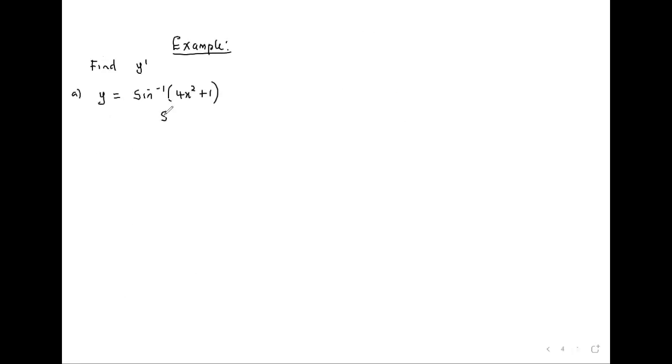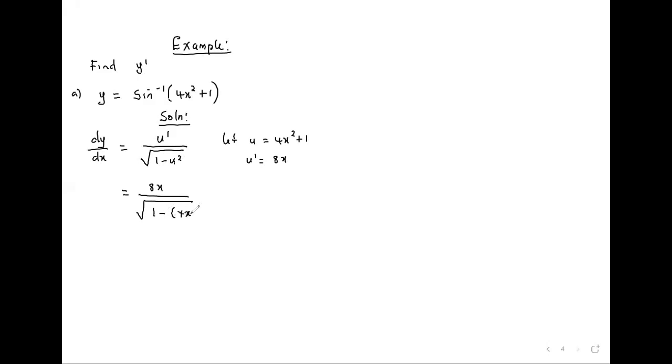So you say, solution, I know that dy dx for sine inverse is going to be u prime over the square root of 1 minus u squared. So let u be equal to 4x squared plus 1. What is u prime? 8x. The derivative here is going to be 8x over the square root of 1 minus